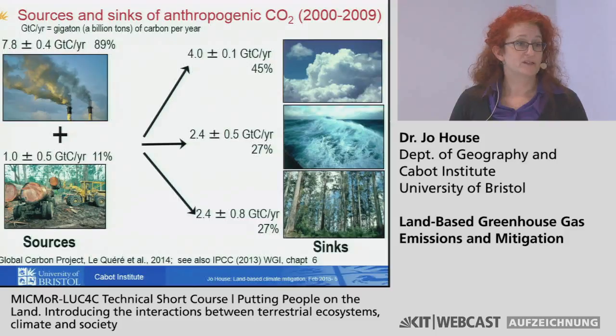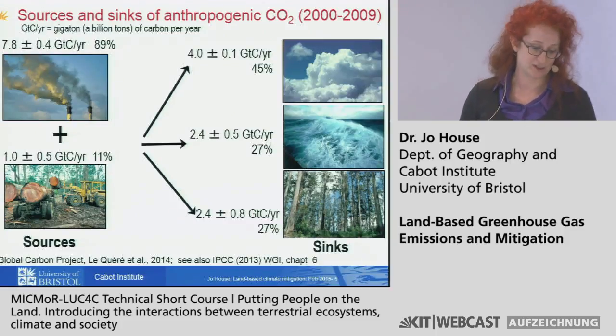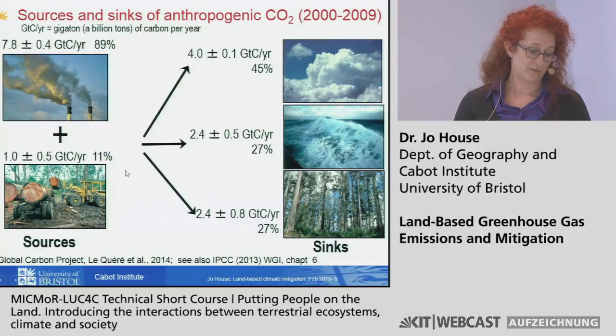This is the carbon budget as produced by the Global Carbon Project. So this isn't the budget we talked about before, which is our emissions budget, our trillion tonnes. This is breaking down carbon sources and sinks and looking at the carbon budget. So we have emissions of fossil fuels that account for about 89% of CO2 emissions. And we've got emissions from deforestation accounting for 11% of emissions. And then about 45% of those emissions remain in the atmosphere. And just under a third goes into the oceans. And just under a third is taken up by land.